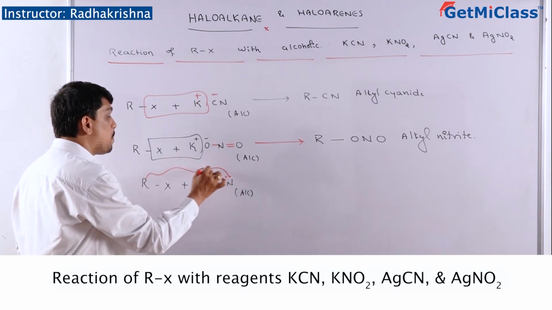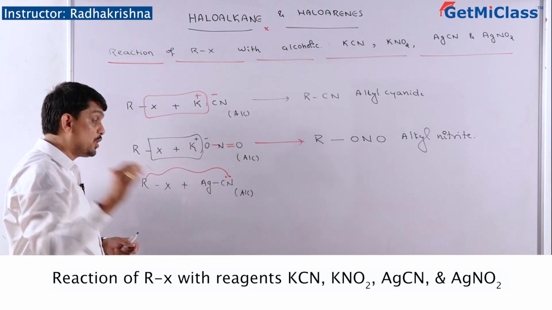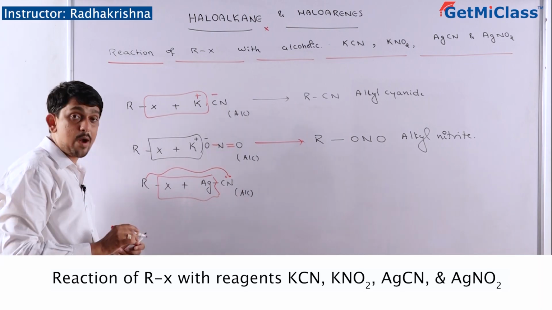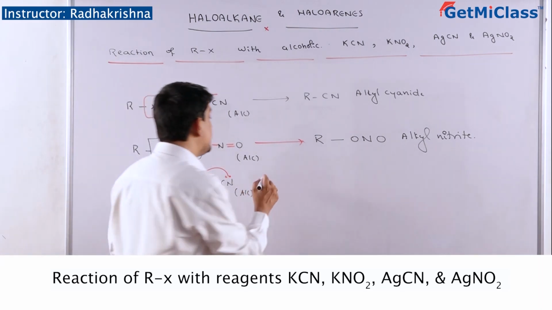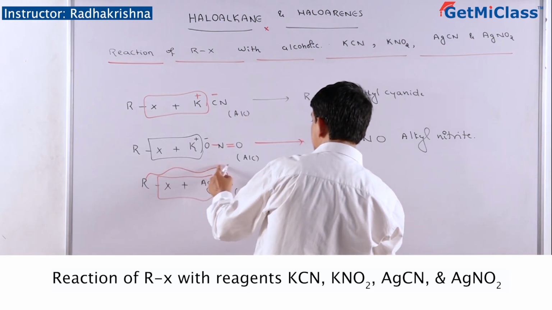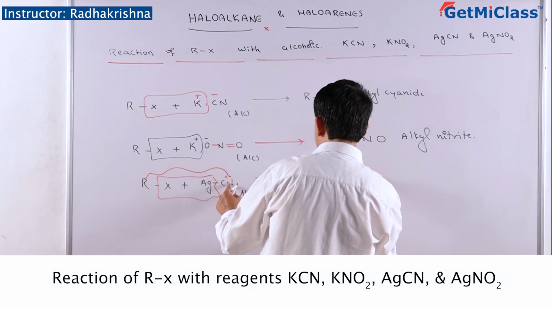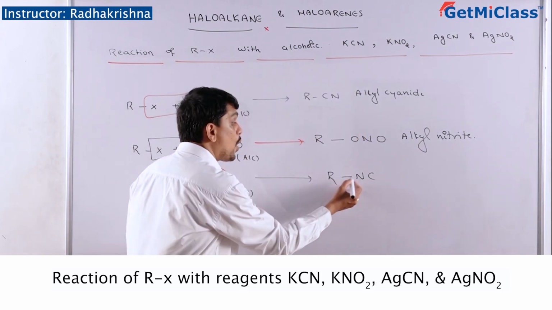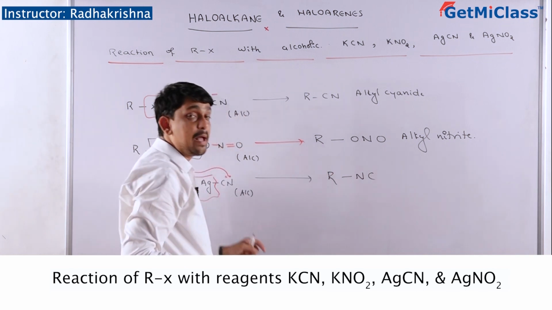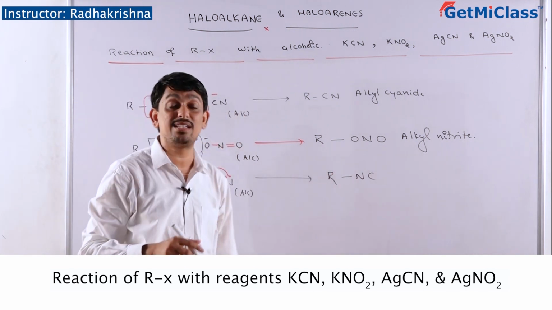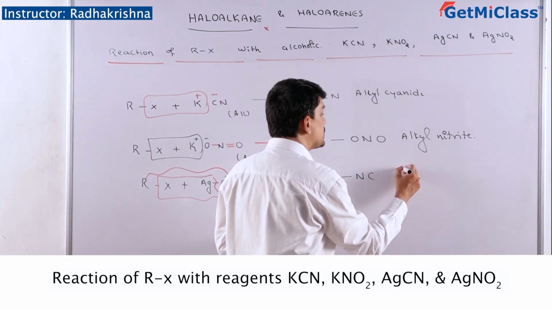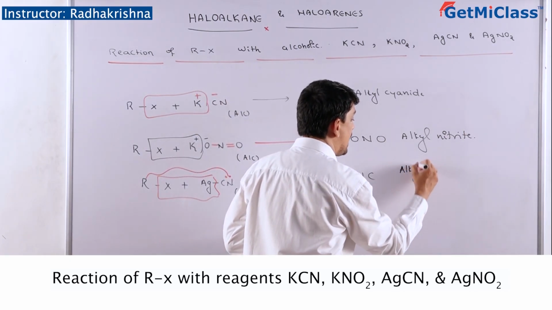Once this particular bond formation takes place, then only this particular bond will rupture and you get the byproduct silver halide. Look at the main product that we have now, R is attached to the N and that N attached to C here. We call this particular compound alkyl isocyanide compound. The nitrogen linkage here is called isocyanide linkage. The name of this particular product is alkyl